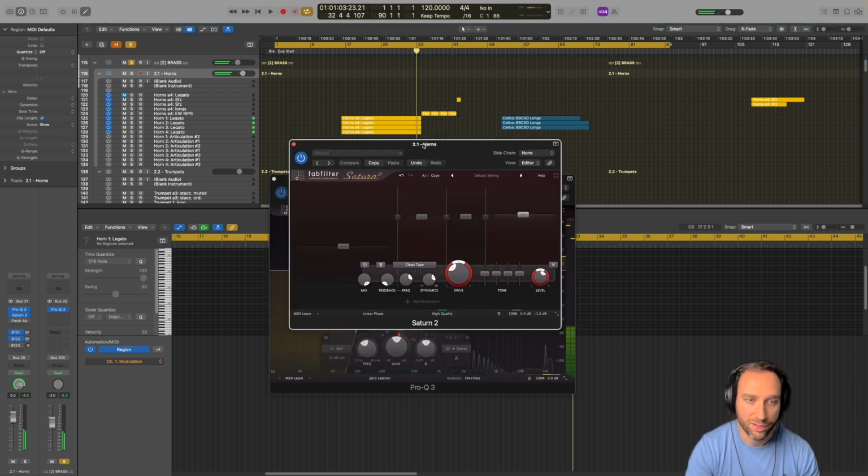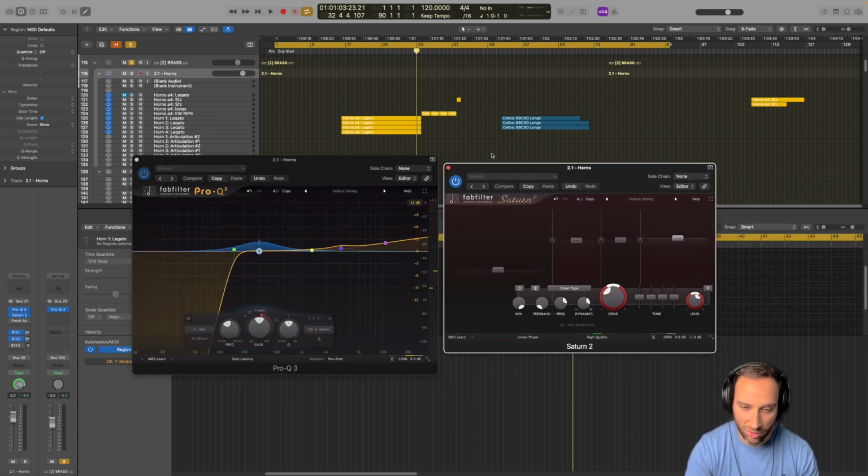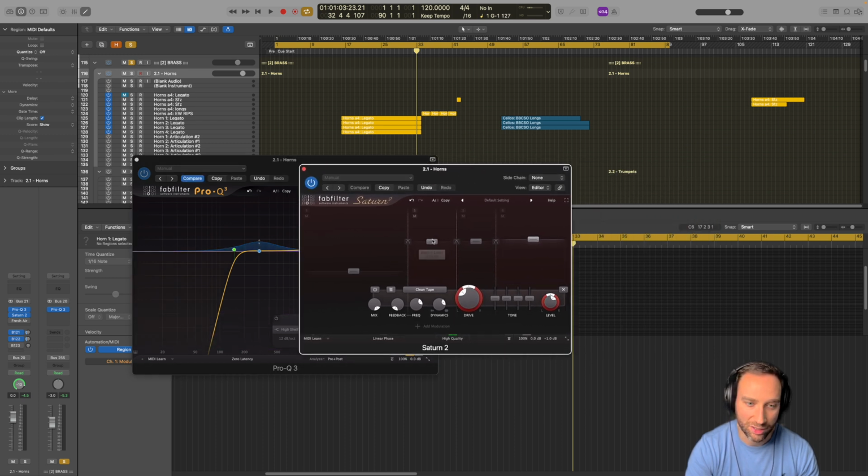Then on the horns, this is what I'm putting on the horn channel. That's peaking a little bit. I need to sort that out. A little bit of warmth, a little bit of presence here, which is a little bit harsh, so I might take that out, and then a little bit of an air band. Maybe that's a bit much. And then I'm also using Saturn just to add a little bit of